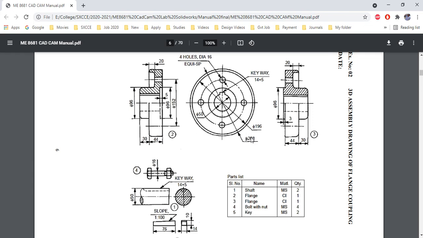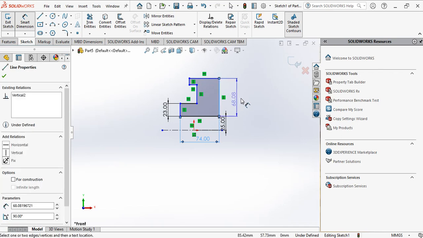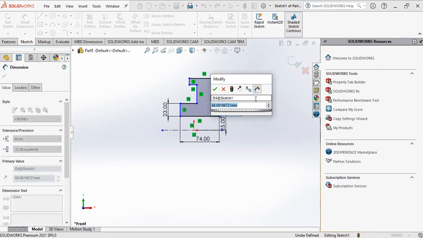In this 208, we have already drawn this 50 mm. So 208 minus 50 is 158. So 158 divided by 2 is the distance. Here it is 158 divided by 2.